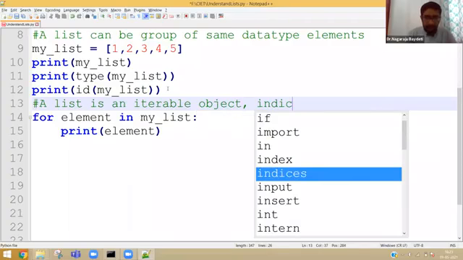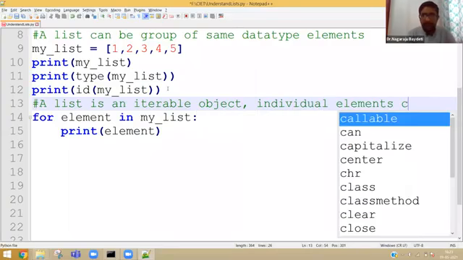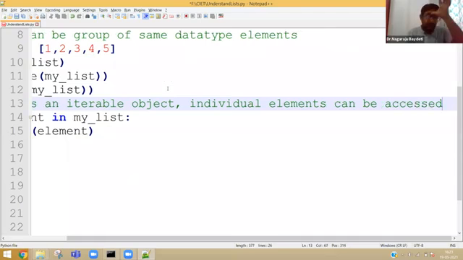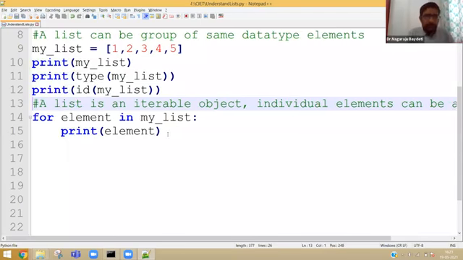Individual elements can be accessed. Now when I am executing this program, line number 15 will give me 1, 2, 3, 4, 5 individually. Instead of giving 1, 2, 3, 4, 5 at a time, it will give item by item.